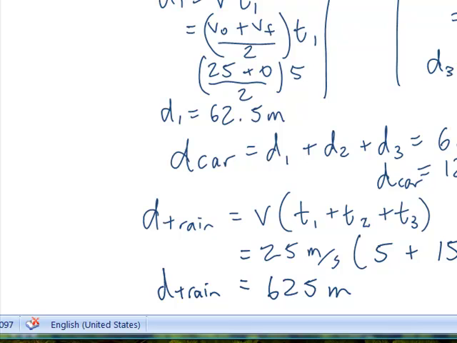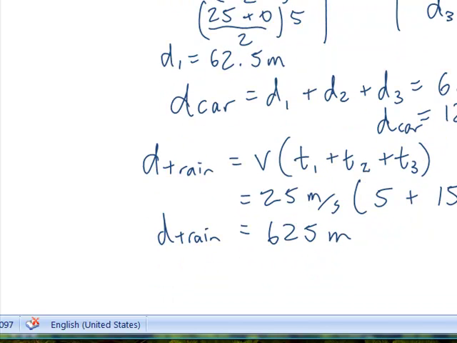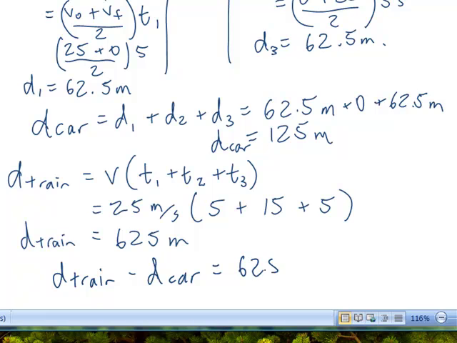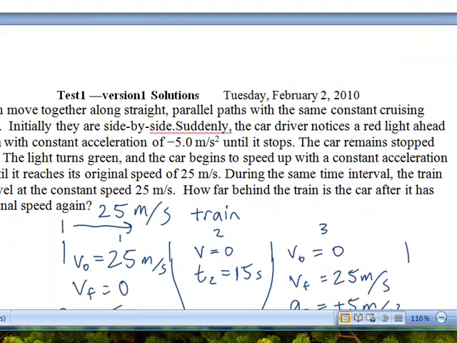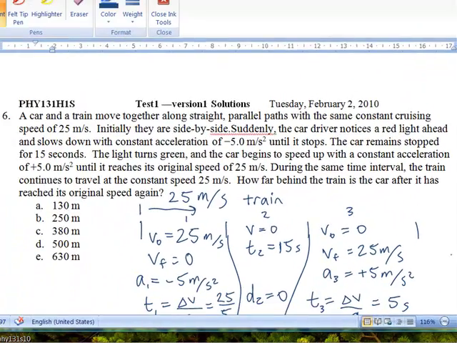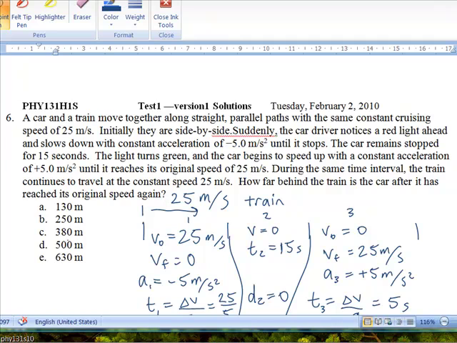But the question asks, how far ahead is the train of the car? So d train minus d car is equal to 625 minus 125, which equals 500 meters. So let's scroll up and see if that's one of the answers. We see, yes, it's